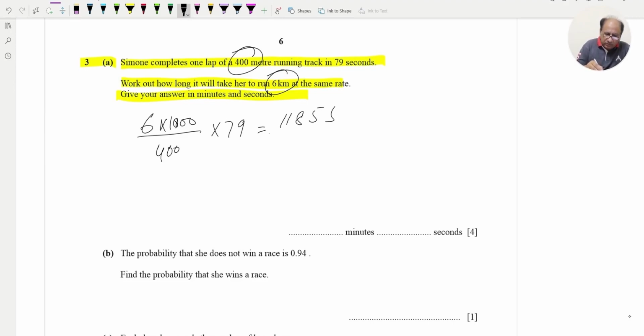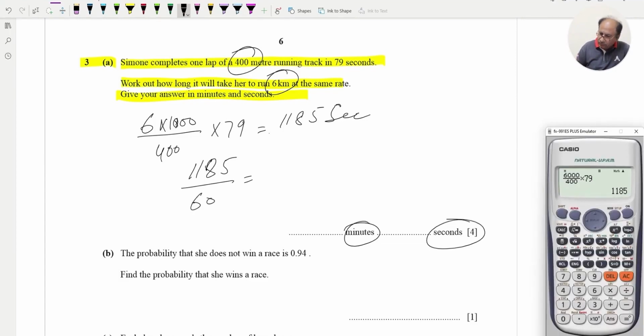1185, these are seconds. So now we can calculate this. The answer required is in minutes and seconds, so we can divide this by 60. This one divided by 60, so this will be minutes, and minutes will be divided by 60 is equal to